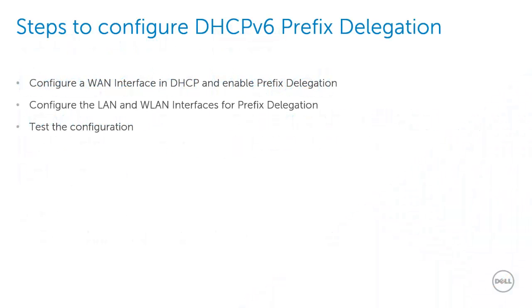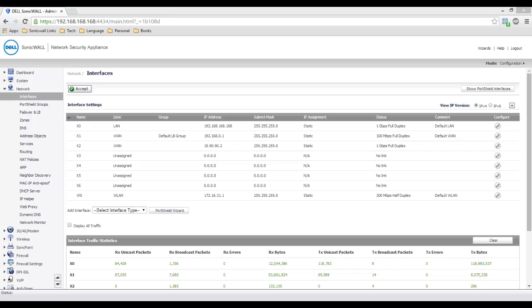These are the steps to configure IPv6 prefix delegation. Configure a WAN interface in DHCP and enable prefix delegation. Configure the LAN and WLAN interfaces for prefix delegation. Test the configuration. I am now logged into the SonicWall Management interface and have navigated to the Network Interfaces